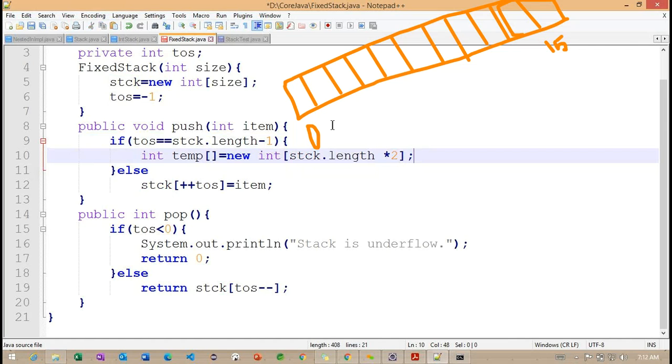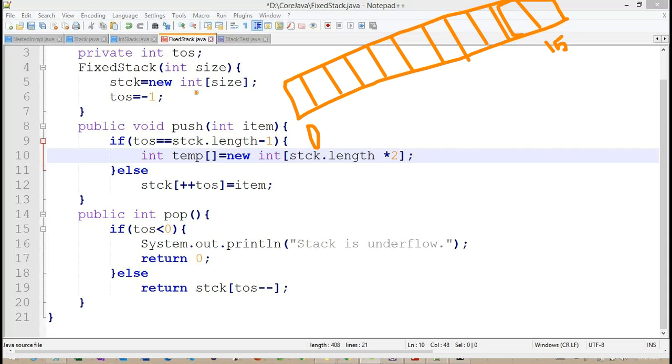But the next step is that we need to move the elements here. Whatever elements we inserted into this stack, we need to move into this temp. We need to move all the elements into this temp, because this temp array is created bigger compared to this array here.